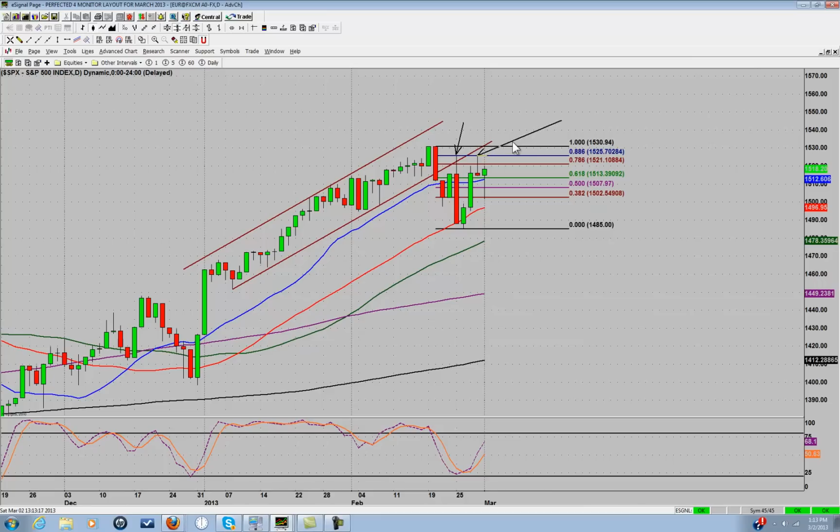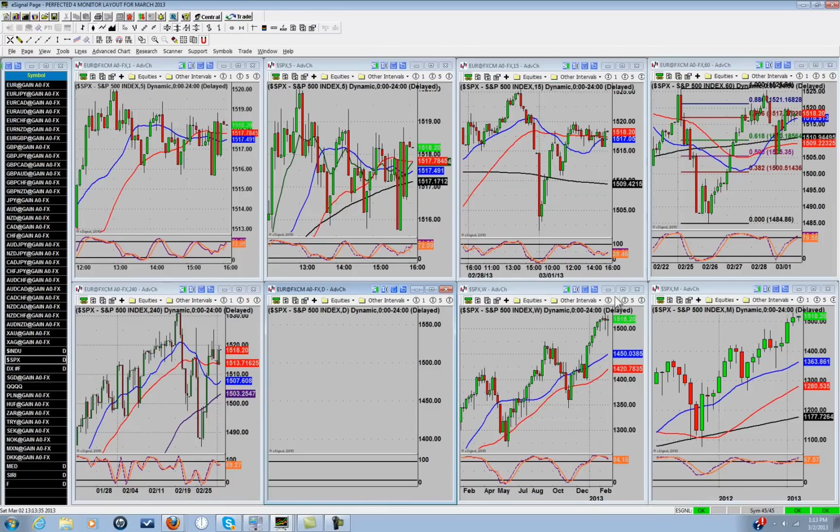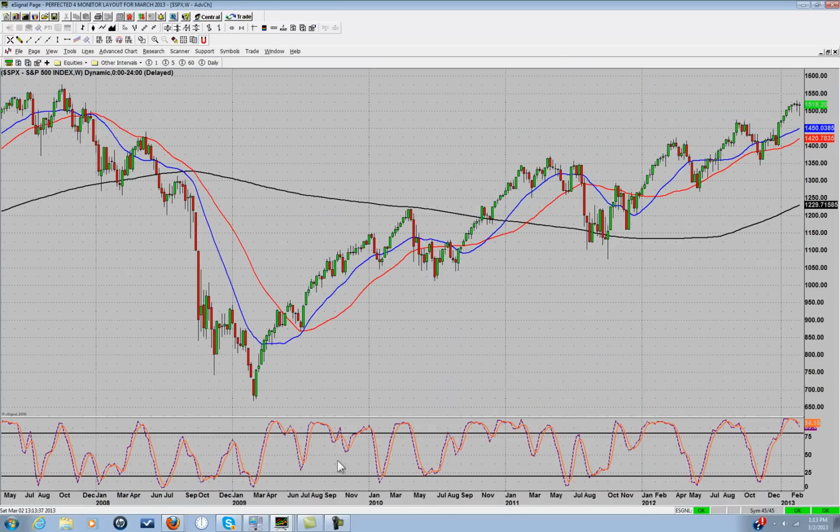As a matter of fact, I think I called it short right here when we were at the 786 fib. I think I mentioned this as a short, and we came up and hit the 886 fib and then fell to pieces. So a beautiful run from 15.25 all the way down to 15.02. So this is potentially very bearish, but on the longer term charts, which it's funny, a fellow roomie of ours